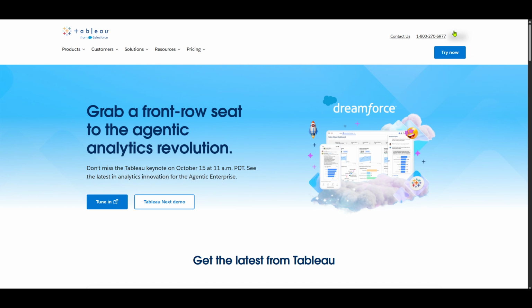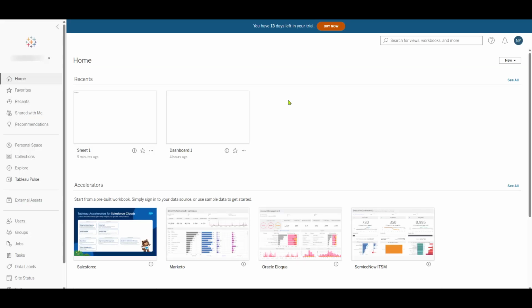If you don't already have a Tableau account, you'll need to create one, but assuming you do, entering your login credentials will swiftly bring you to your personalized Tableau homepage. After signing in, you'll find yourself on your Tableau home. This area is specifically tailored to provide you with access to your workbooks, data sources, and anything you've been working